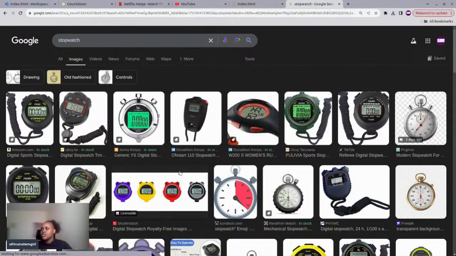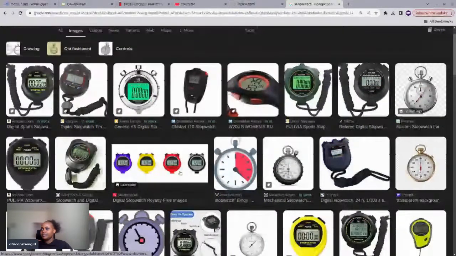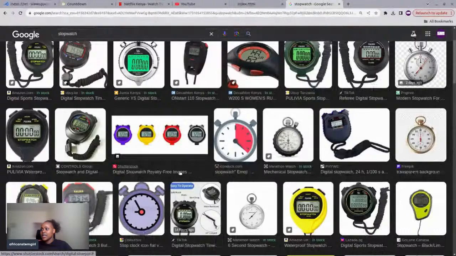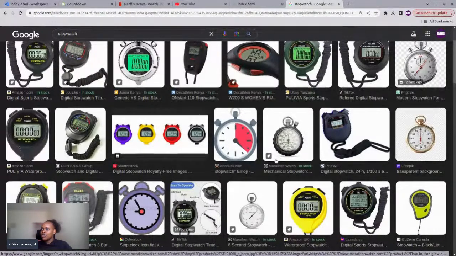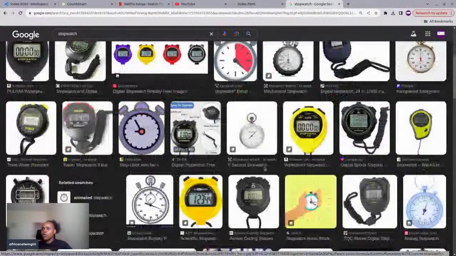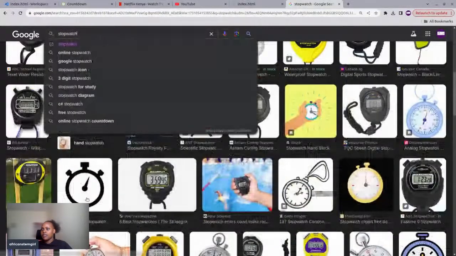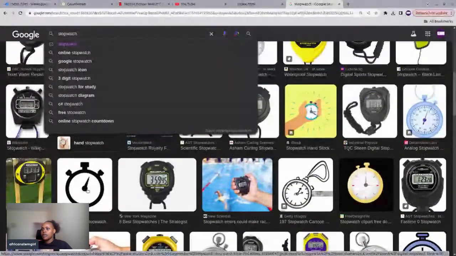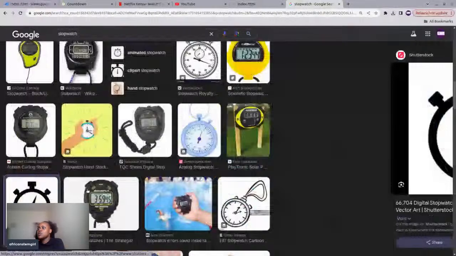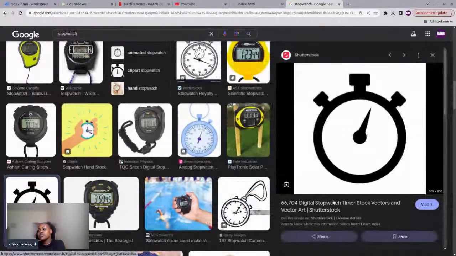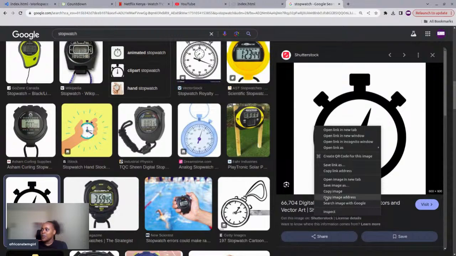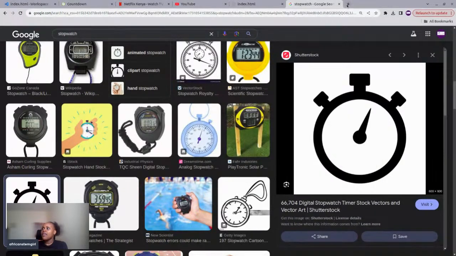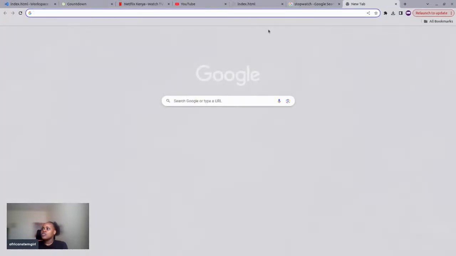So I'll just find one. I think this is okay. It might not, per se, this is literally an image. It might not look like an icon. Maybe I can type, yeah, even this is okay. Yeah, this is actually perfect because it looks like an icon. So I can right click on it and say copy image address, and then I will just go to background